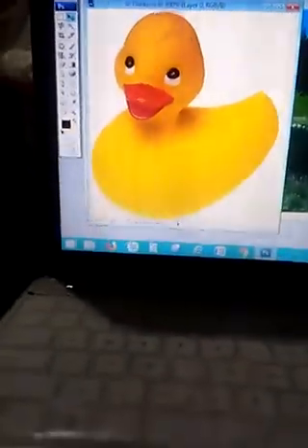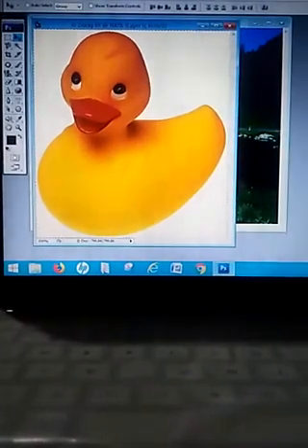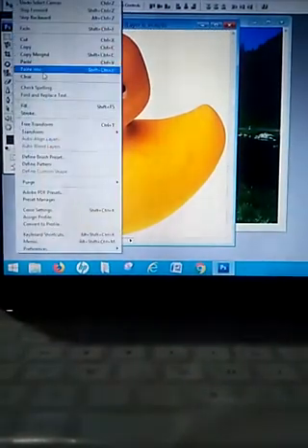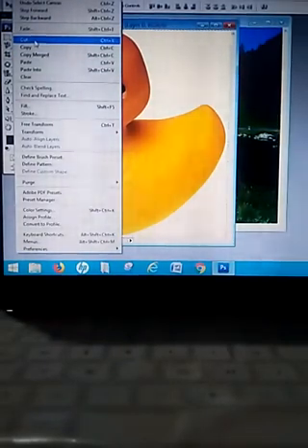This border shows that all the pixels of this layer are selected properly. And because you have to move it, you have to go into Edit and then Copy.